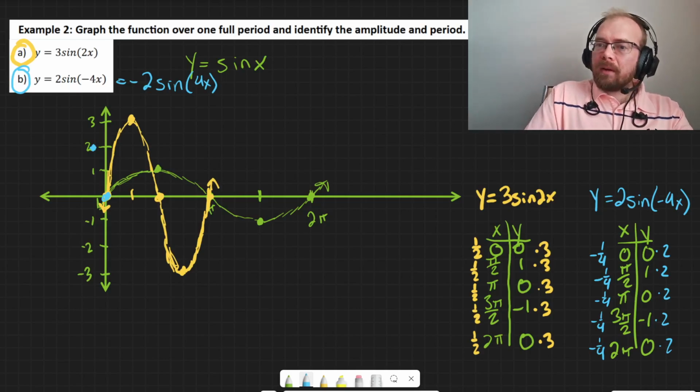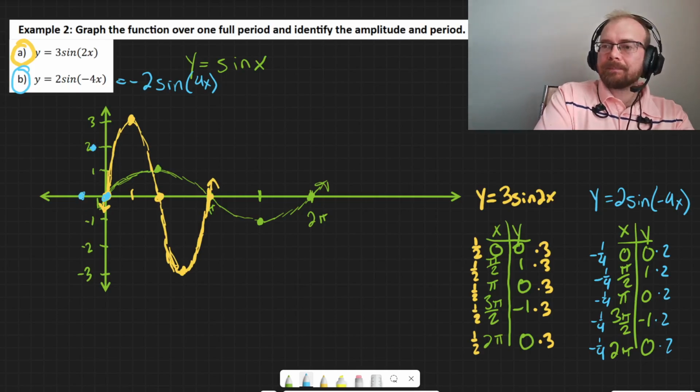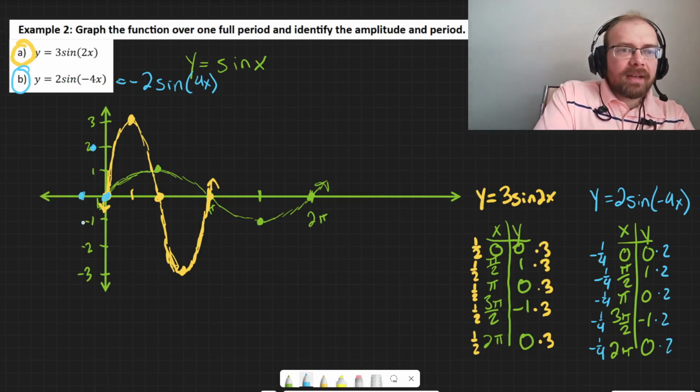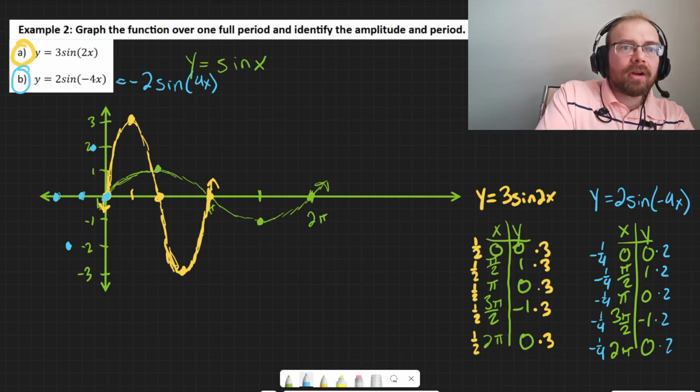Okay, the next one is going to be -pi/4, comma 0. So remember, every space is a pi/8 space. That's going to be right here. I don't really need to keep doing that math, right? Because it's going to be the same amount of spacing every time. And then I'm going to go down to -2, right there, and then back up to 0 right there. Okay, so this is going to graph like